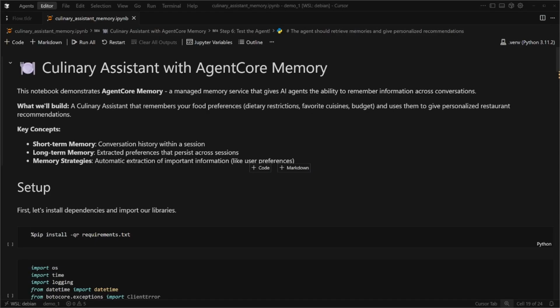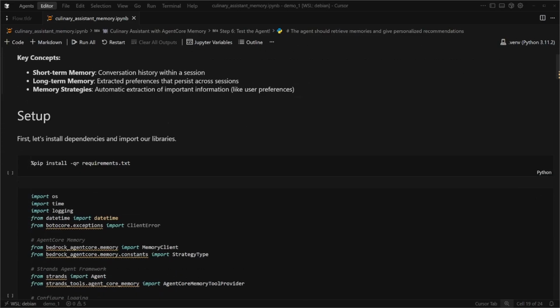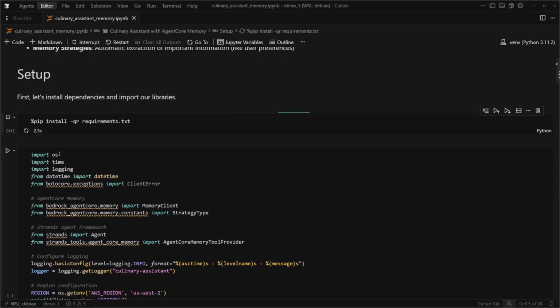So today we're going to be talking about the Culinary Assistant program that I built to showcase AgentCore Memory's features. So the goal is to make this assistant remember your food preferences and use them later to give you personalized restaurant recommendations. So the concepts involved here are short-term memory, long-term memory, and memory strategies. I'll get into that. But before that, we first set up